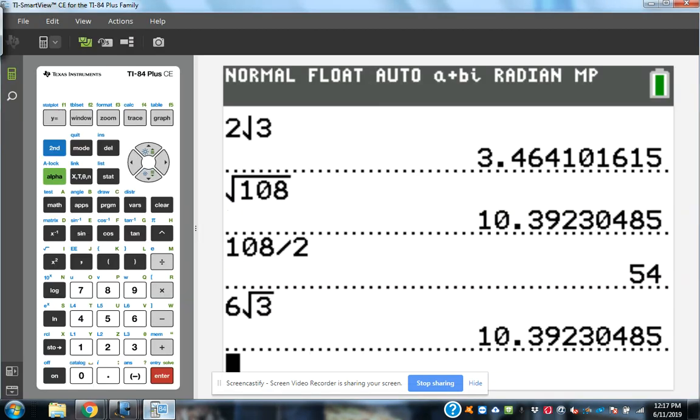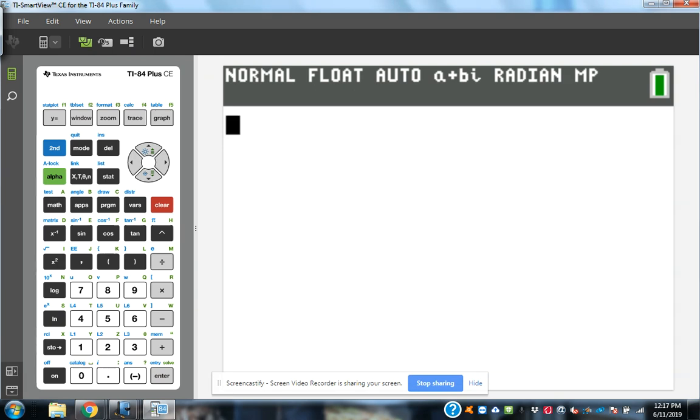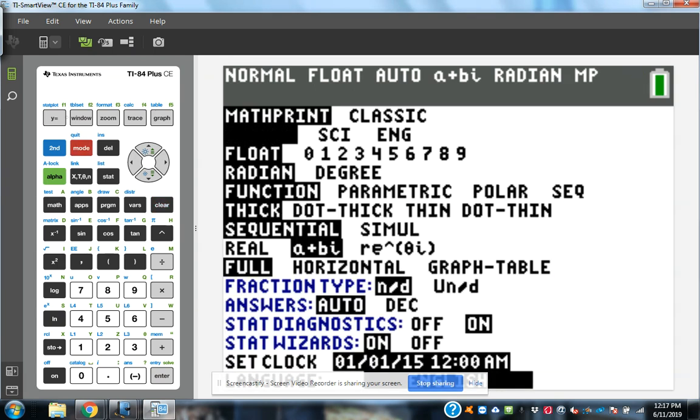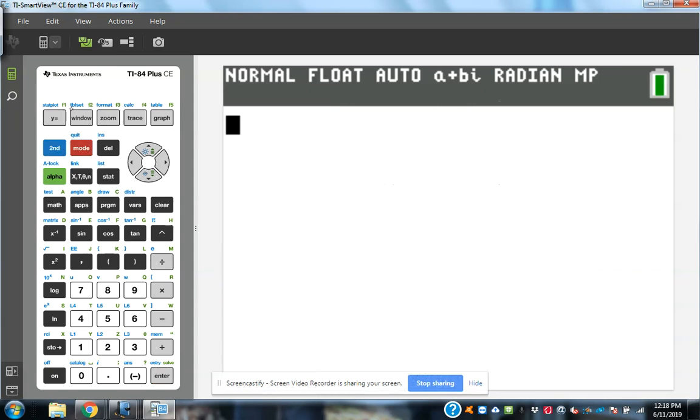So with your graphing calculator, hit the mode button and make sure that on the line that has real, a plus bi and re to the theta i, the second choice is darkened in, that it's a plus bi. Just arrow over to that and hit enter and make sure it's darkened in. Okay, make sure that that's the form that your calculator is working in. Then hit second and mode to get back to the regular calculator screen,